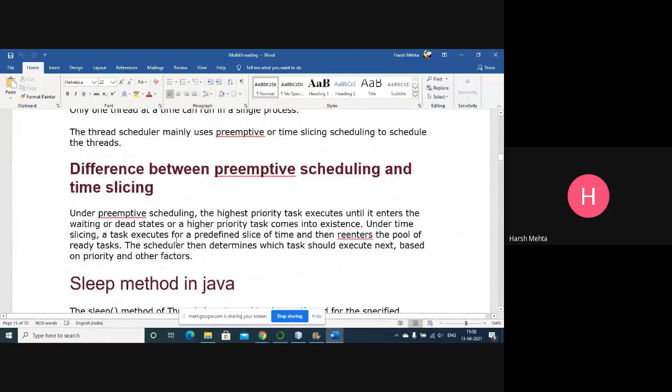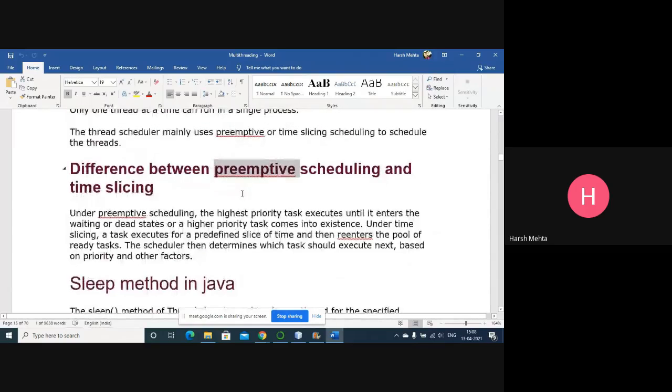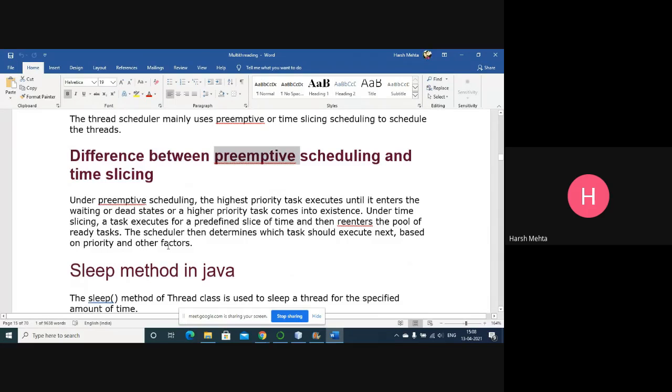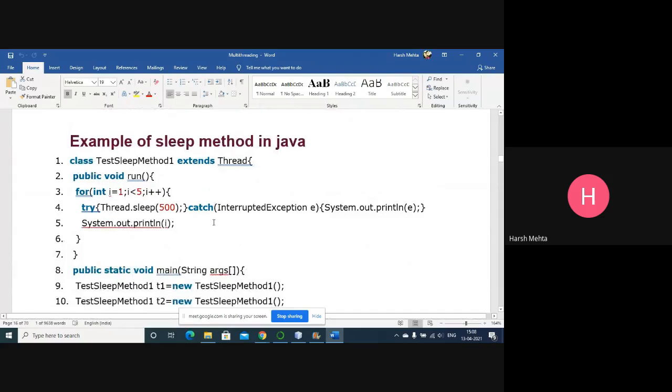So the difference between preemptive scheduling and time slicing. Preemptive means using priority. We are providing priority. Time slicing means based on time we are going to execute threads.